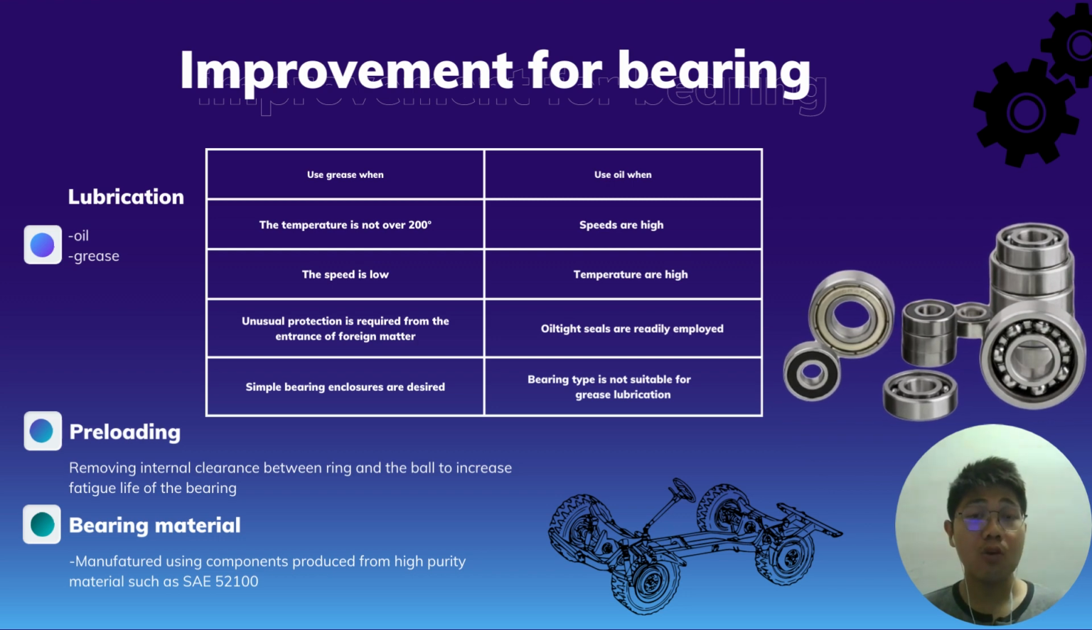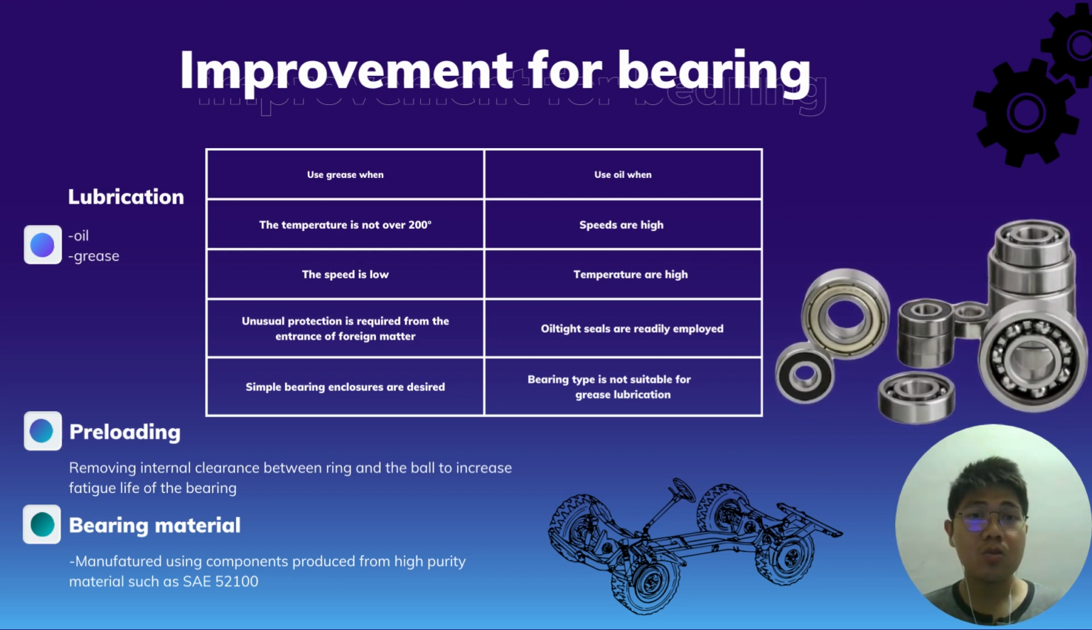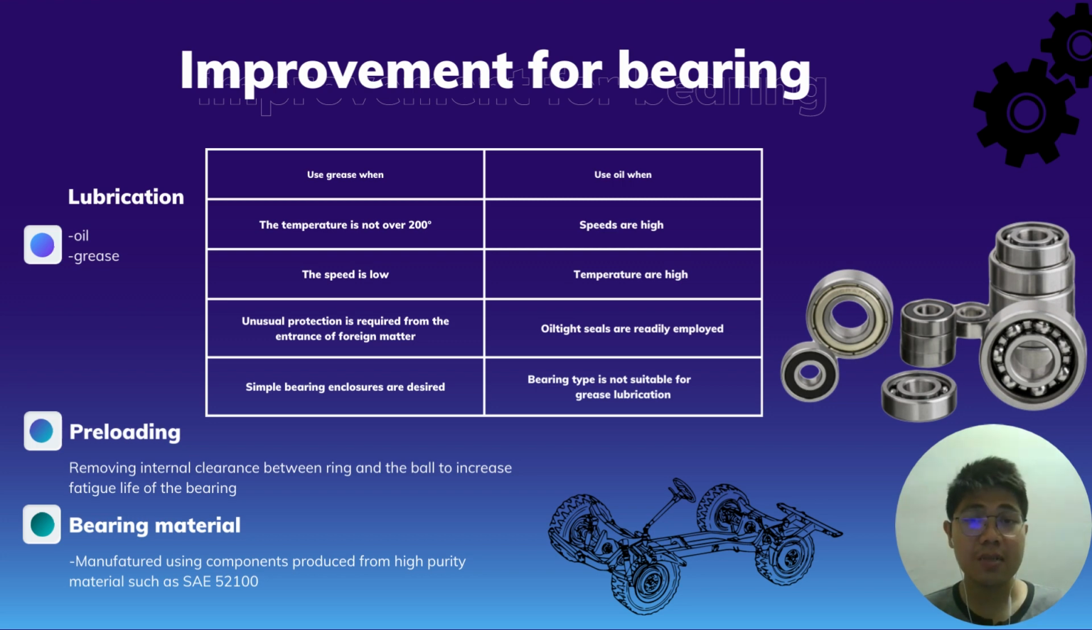Next is the improvement for our bearing. First of all, we are using the lubrication method using oil and grease, but these two substances are used in different situations. Grease is used when the temperature is not over 200 degrees Fahrenheit, when the speed is low, and when unusual protection is required from the entrance of perimeter. And then we use the oil when the speeds are high,